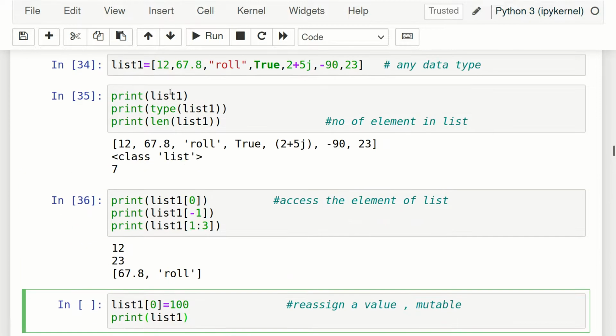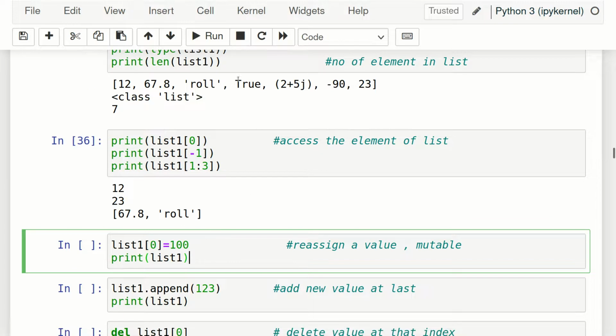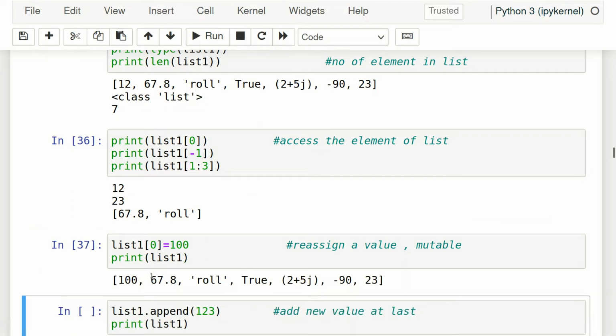Initially the 0th location is 12, and this code will assign 100 instead of 12. Let's run it. Okay, so we can see 100 is there, 12 is not there, so the new value has been assigned. This is called mutable. Mutable means changeable. So we can change the value of a list, but we cannot change the value of a string.